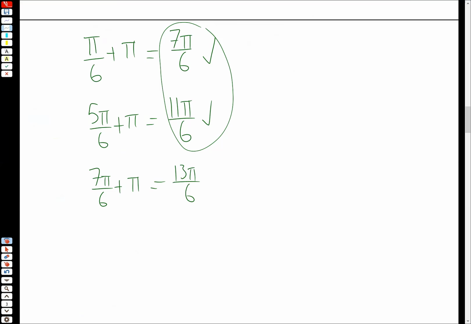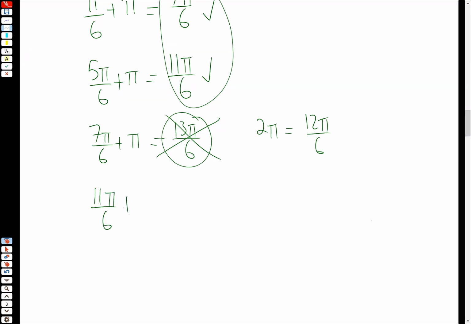Now, when we ask ourselves, okay, is this in between 0 and 2 pi? Note that 2 pi is also 12 pi over 6. So 13 pi over 6 here is too big, so we're going to stop. We can stop with that part. And just to double check,